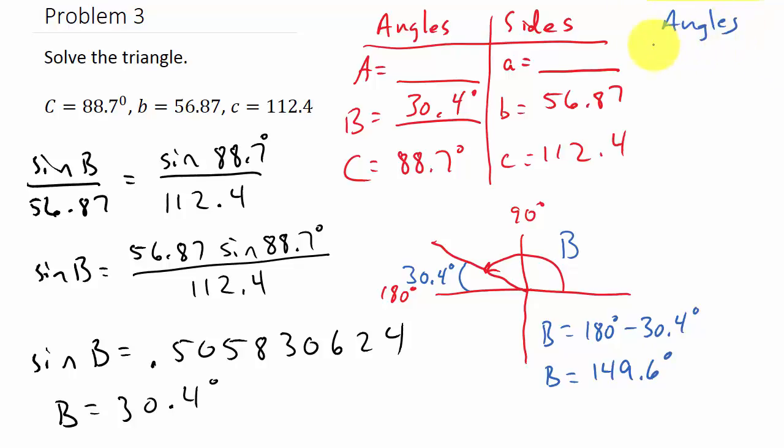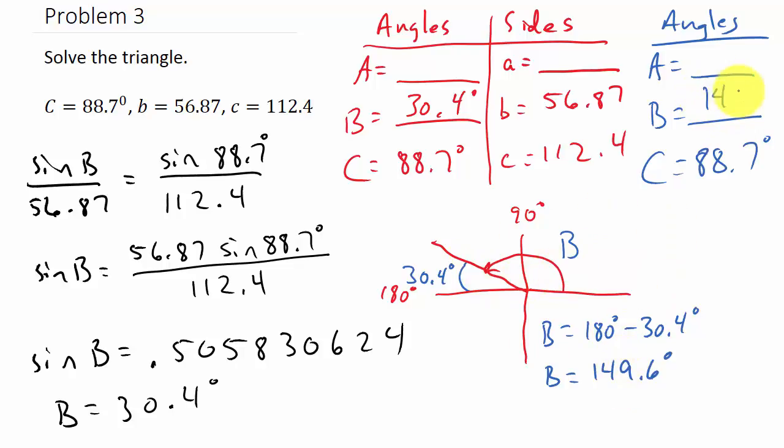I'm just going to write the angles column down for right now. So I've got A, we don't know, B, we don't know, and C, well, C was given. That's 88.7. And so what I'm saying is, for the possibility of my second triangle, angle B would be 149.6 degrees. Okay, so if I take these two angles, the 149.6 degrees plus the 88.7 degrees, and I add those up,